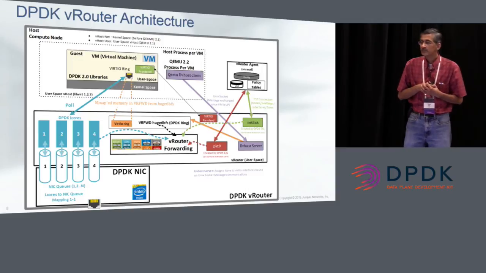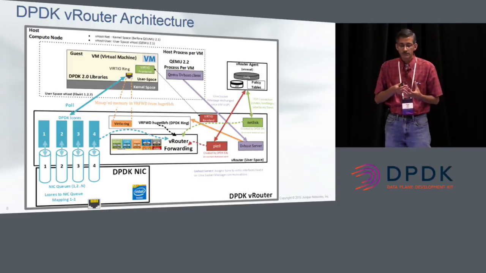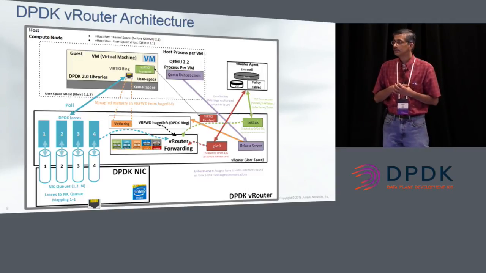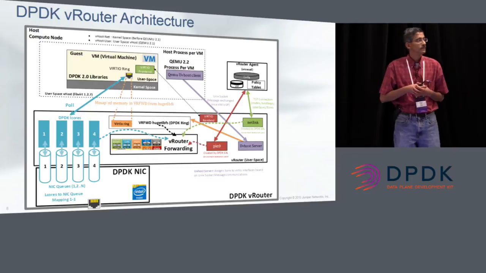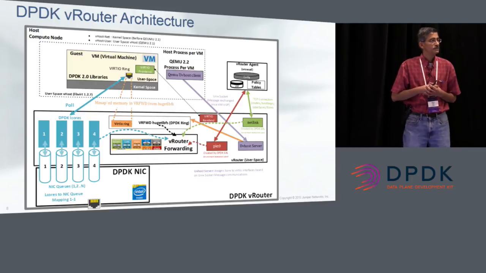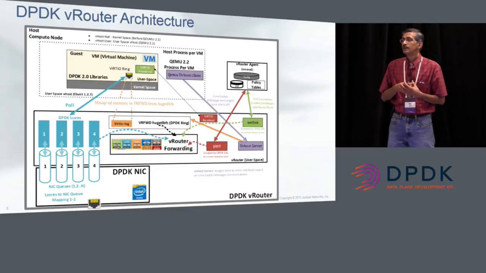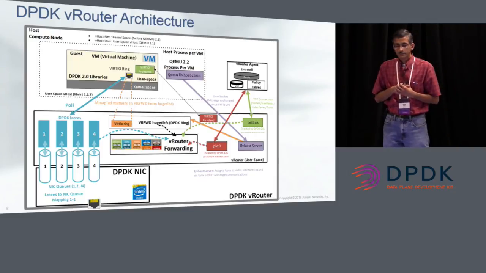The other thing we're working on is multi-queue VirtIO. The numbers that I mentioned today were with single queue VirtIO interfaces. We are now in the process of adding support for multi-queue VirtIO, both with the kernel module and also with DPDK, and we expect that our numbers should be slightly better with that.